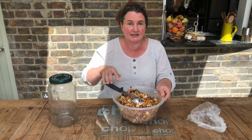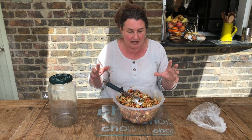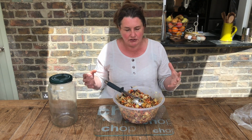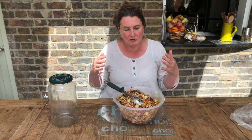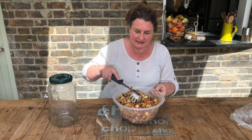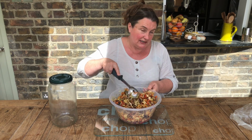So rather than a preserve where you're adding lots of sugar, if you think of a jam or a chutney, or adding lots of vinegar that you've had to buy in, this is much more natural. You've got all the great enzymes, you've got all the good fermented nutrients there that is good for your gut health, and it also helps you to digest it better because the vegetables are being broken down in the fermentation process, which makes it much easier for our body to take the nutrients from it rather than it just passing straight through. So it's much better for us. We can benefit from the nutrients, we can benefit from the gut health, and it's absolutely delicious and a fantastic